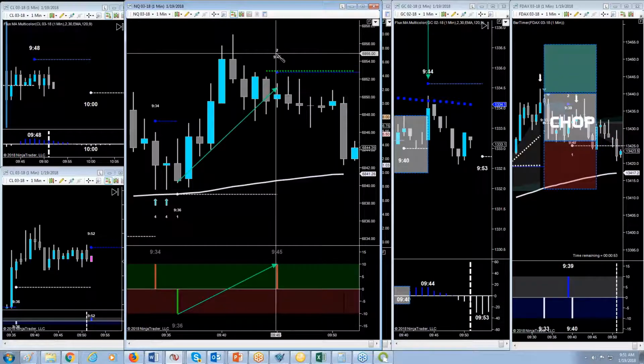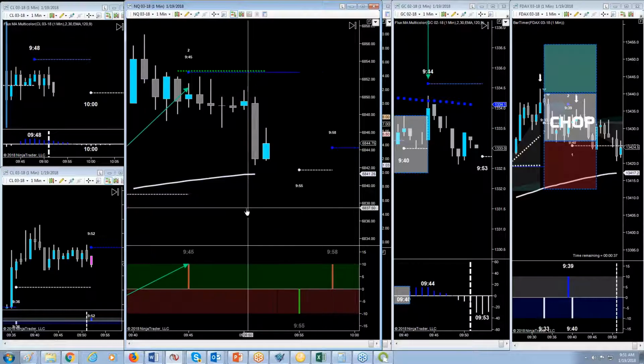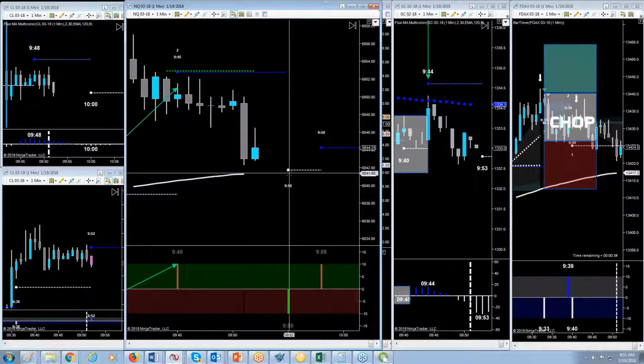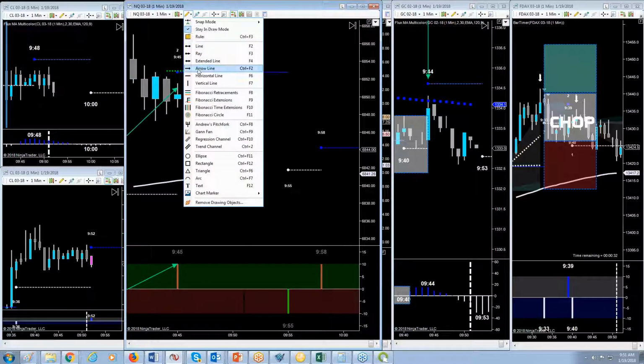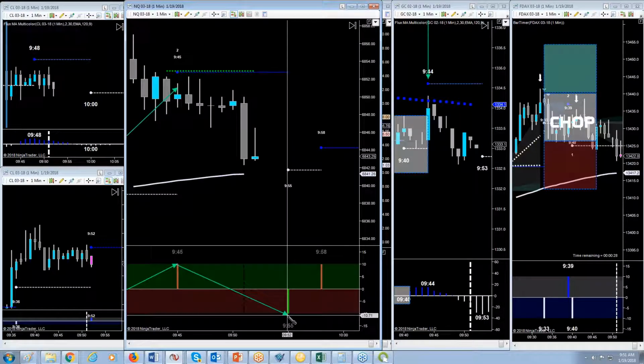Okay, so there's fewer surprises when you use the software because it has analyzed when the behavior patterns historically come in and go out. So the next trend entry, you see how it's waiting for us over here at 9:55? Down on the panel, it's saying, look, 9:55 is the next time where the crap hits the fan.